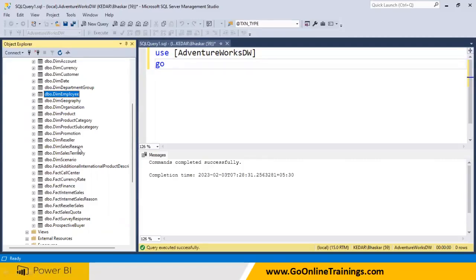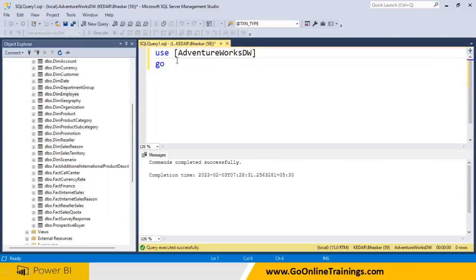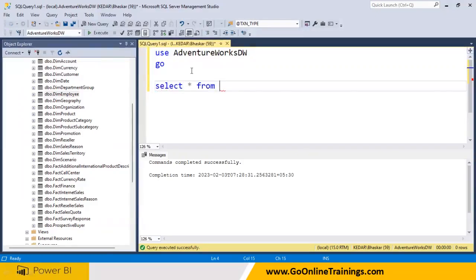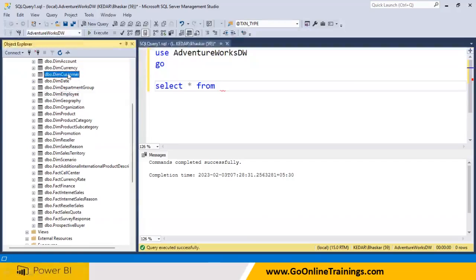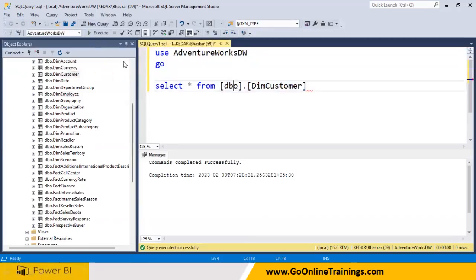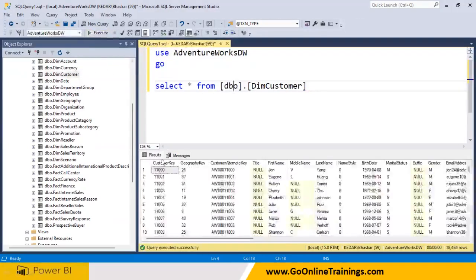So when you join the company, they will tell you what table to use, what table not to use. So that awareness you need to know. Otherwise, you will have thousands of tables based on the report requirements. You should know. So, we are using the customer table, right? Let me use this table. Customer key, geography key, alternate key, a lot of things are available. Middle name, last name, birth date,